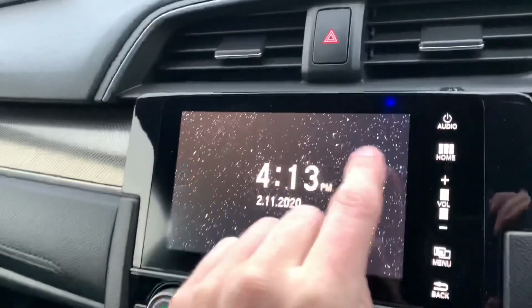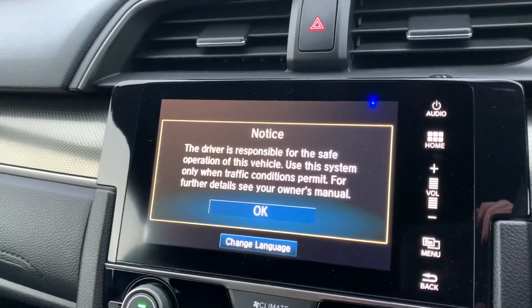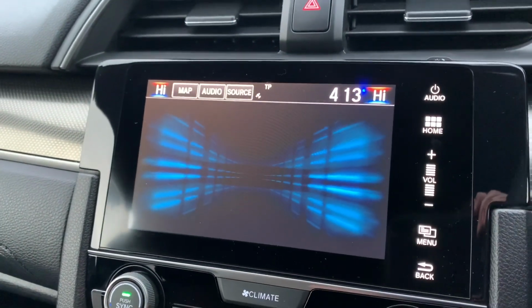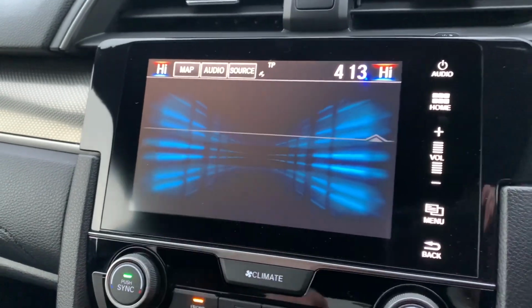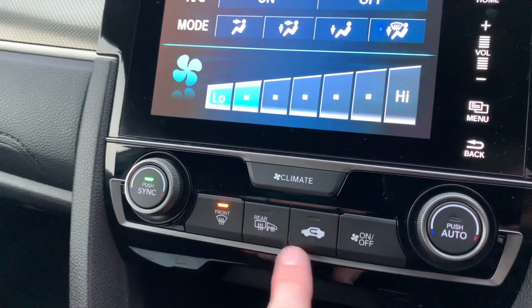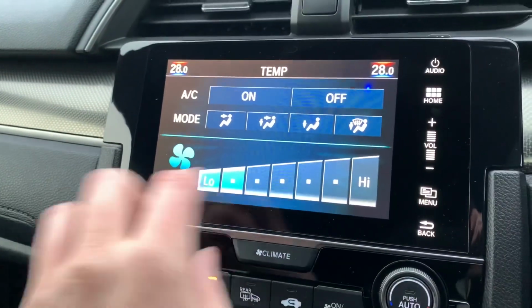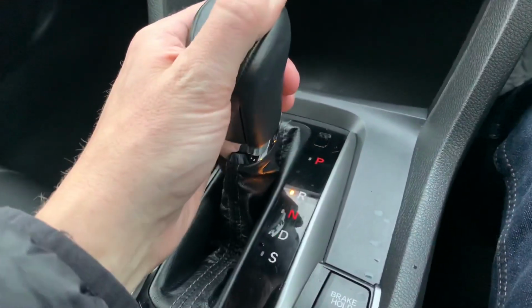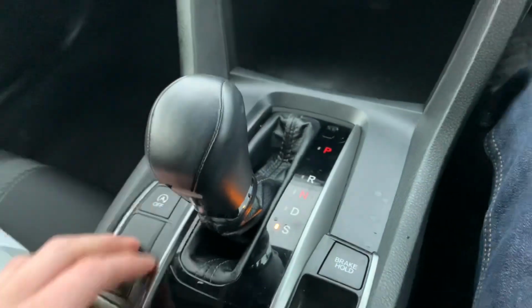Over here then we saw already, it's got a Honda Connect system which has navigation and audio and radio and reverse camera, and it's even got things like an internet browser and all that kind of stuff as well if you want, but you've got to be stopped to use the internet browser. Front and rear windscreen demisters, warm or cold on each side, touch and swipe depending what way you want it to work. And then we talked about the gearbox: park, reverse, neutral, drive and sport,